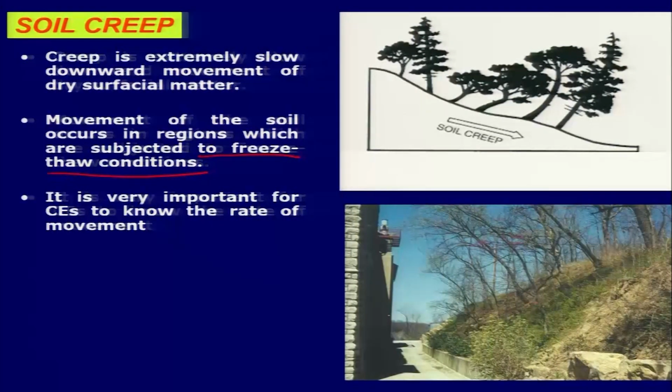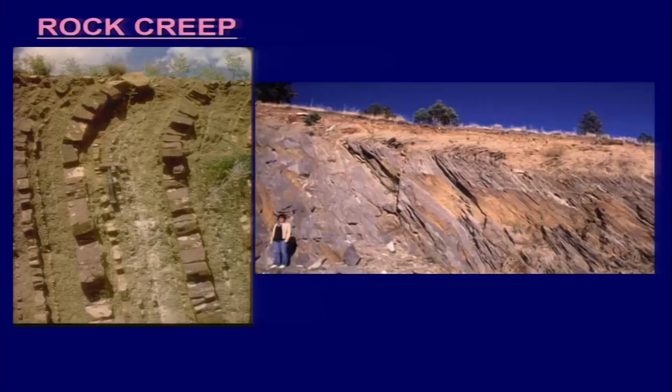For example, if you see in this photograph, there is a creeping which is taking place, of course, which can be figured out based on the incline or the bent trees which have been shown here in the sketch. So, this is a clear cut indication of creeping of this material, which is an extremely slow movement. It may take years to slip down the surface, or the movement which is occurring along the slope. Another example of the rock creep, you can say, where the rocky succession is getting bent because of the creeping